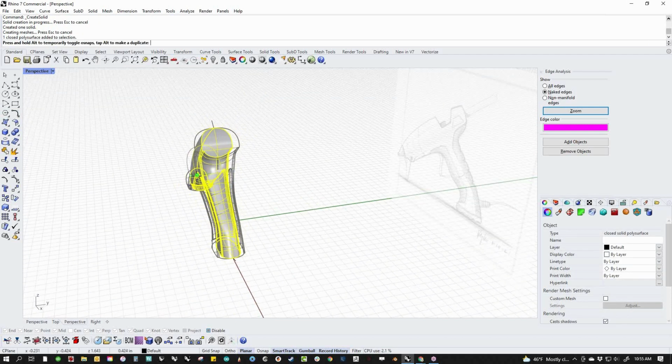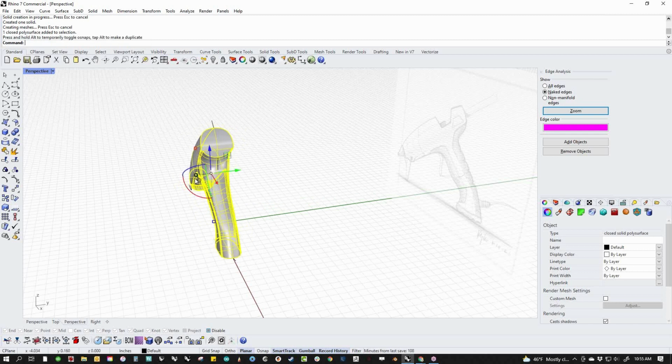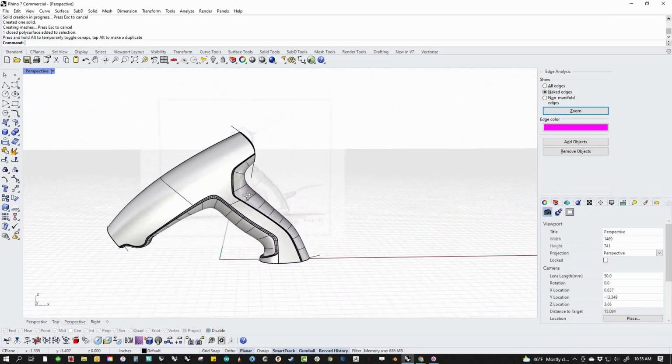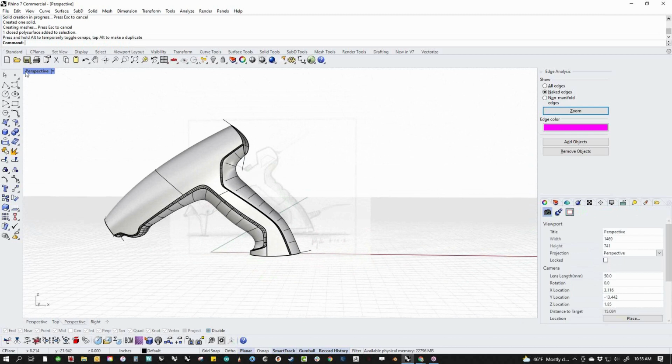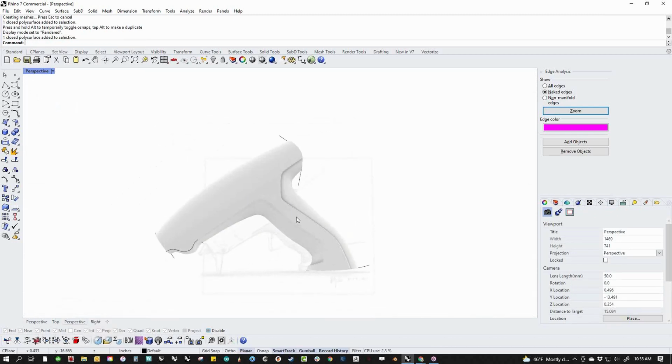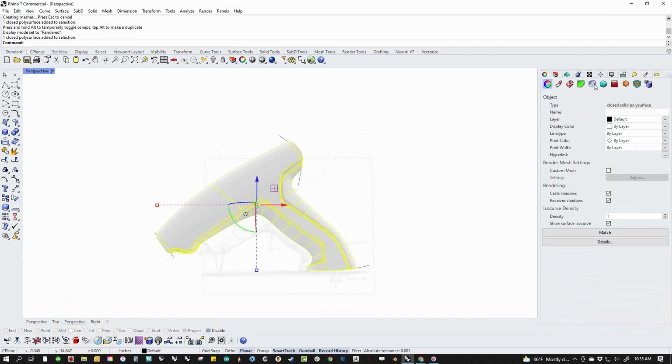And at this point, I can say, okay, is it too skinny, too fat? Does it need to be longer, taller? And I think maybe it needs to be just a hair. It's looking a little chonky, so I'm going to back it off just a little bit like that. I think that feels good. But look at the continuity between the handle and the body. If we go to rendered view and we throw a material on it,